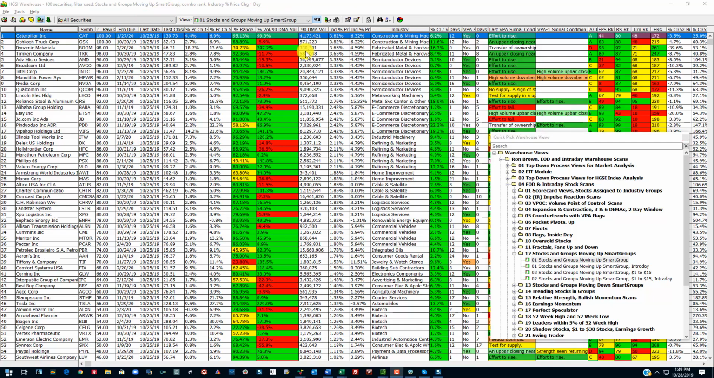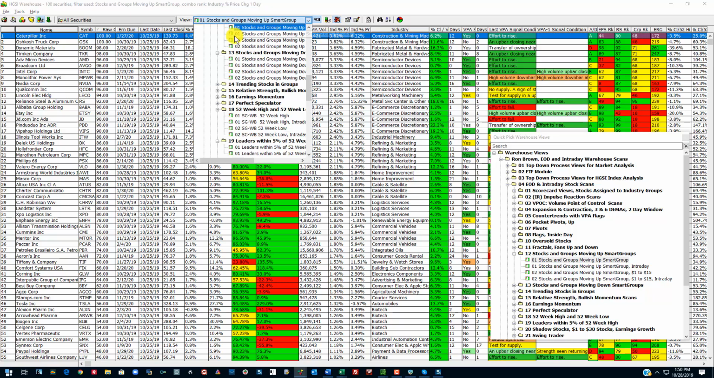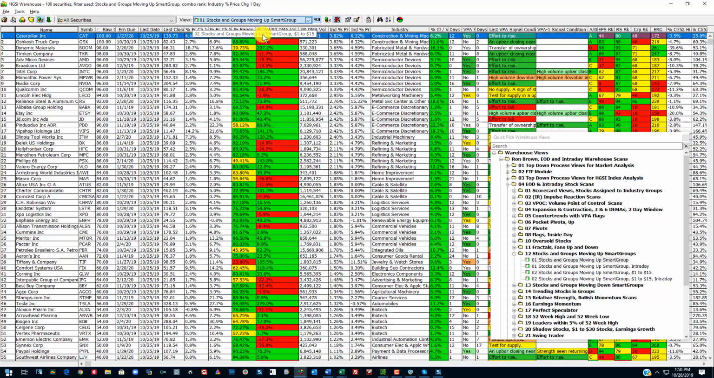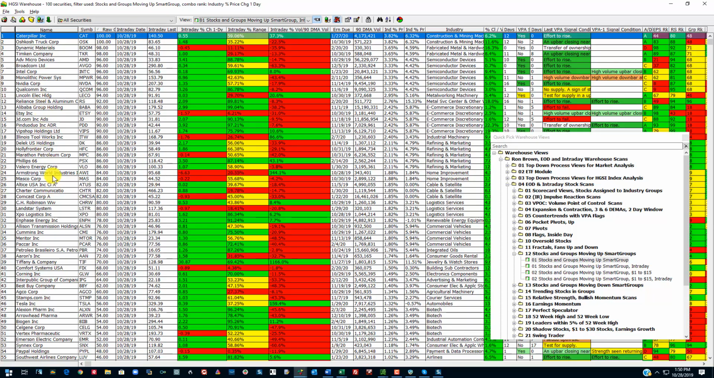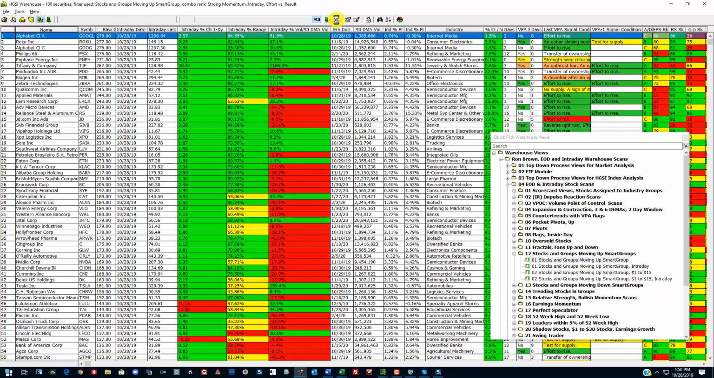So if you want to see how this group performs the following day in this order using Thinkorswim, you just go to the view combo, turn on and off, and then I can move down to the stocks and groups moving up smart group intraday, and you can see that none of these changed. So this way, the way I've got it set up, if you want to see if these groups or these stocks within these groups are continuing up the following day. Or you can engage the filter for the